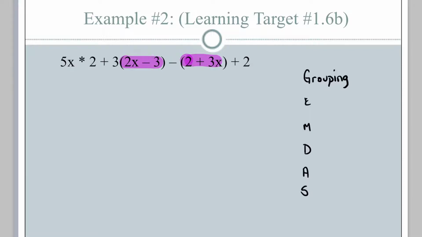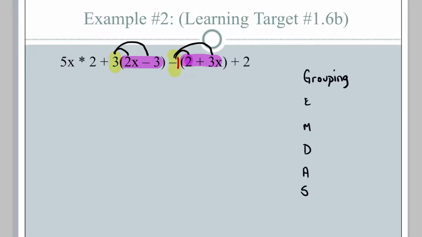And so the way that we are going to simplify this grouping is by distributing the value outside the parenthesis that is being multiplied by it. And so when we distribute, we're going to distribute the 3 because the 3 is being multiplied by the grouping or the parentheses. And also, we know that there is an implied 1 outside of the second set of parentheses. And so we will distribute the full term -1